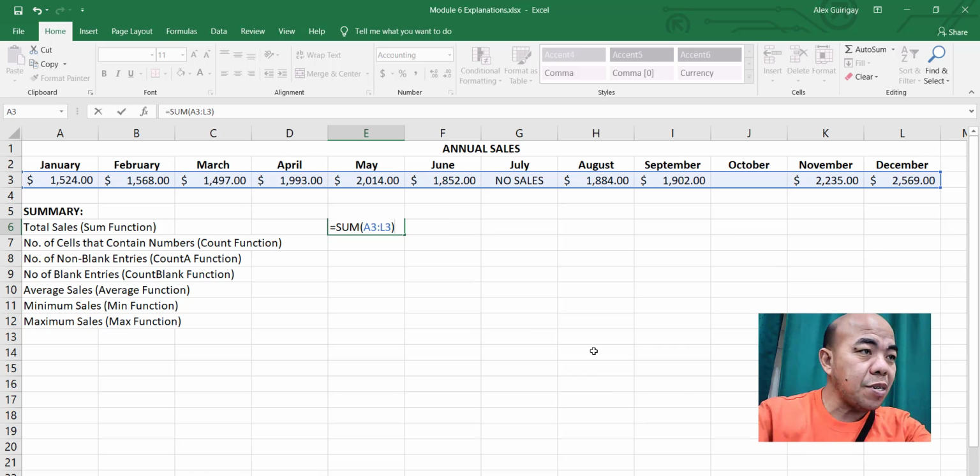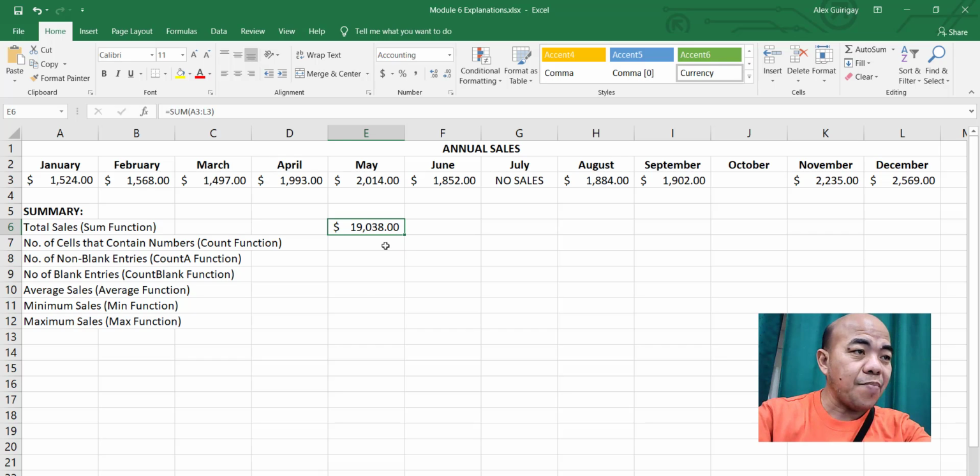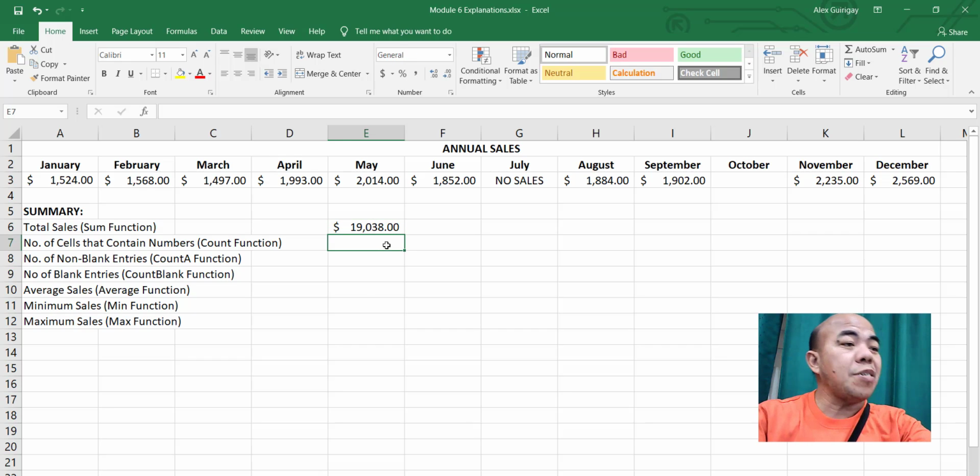Now this is your range from January to December. This is the data that Excel is going to sum up. Pressing Enter, it will give you the sum 19,038.